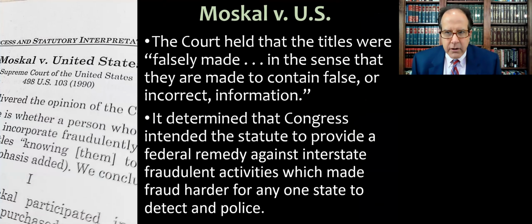So the court here holds that the titles were falsely made in the sense that they're made to contain false and incorrect information. And it determined that it said, come on, this is the very type of person Congress had in mind when they passed this statute. If it doesn't apply to Moskal, who does it apply to? And so they wanted a federal remedy against interstate fraudulent activities, which made fraud harder for any one state to